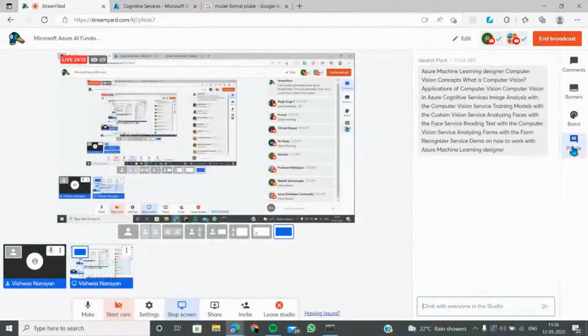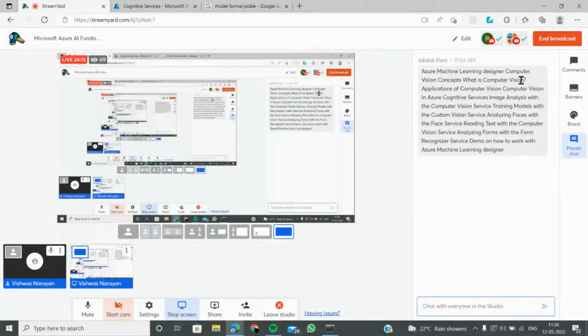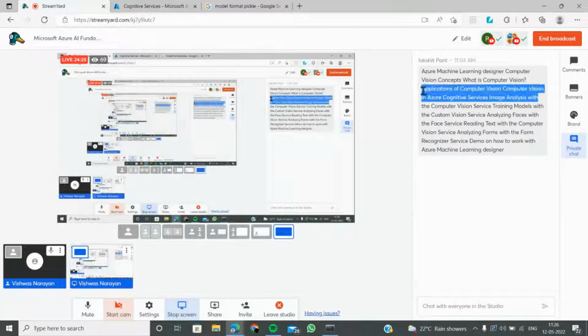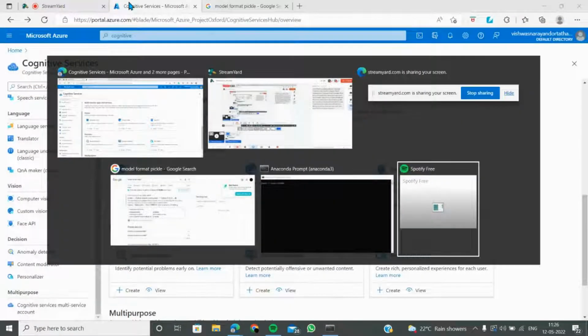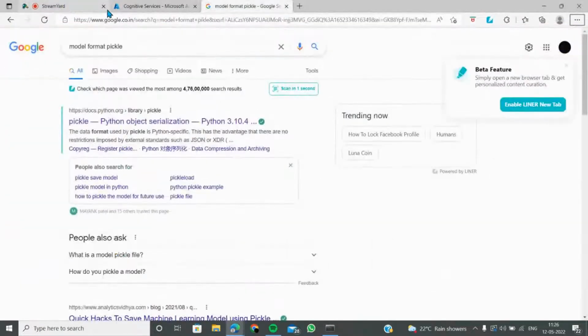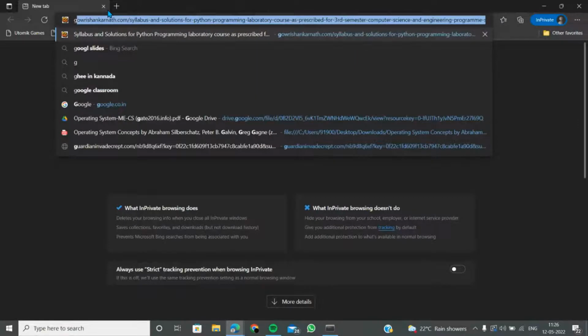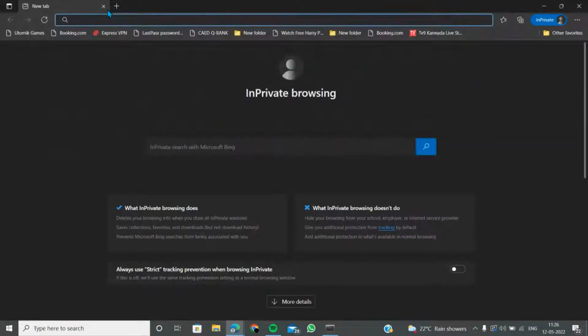So let me just see the agenda of today. What is vision concept? Yes, I told you about that. Application of computer vision. Yes, we all talked about how these are getting deployed and things like that. So I think I have a blog. I don't know how many of you know that blog because I don't think so. I'd shared it. But let me just look at that and come back to you.